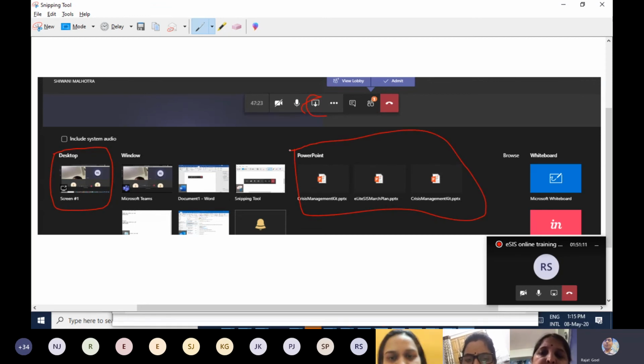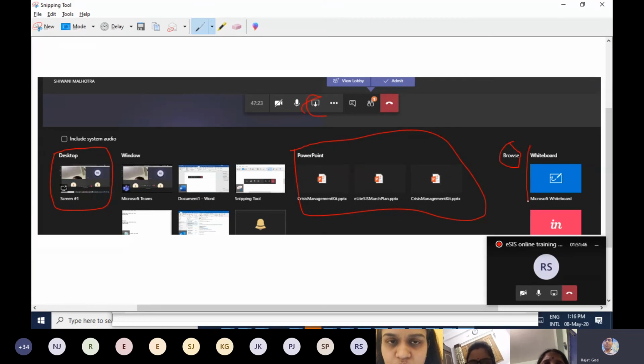If you have ever shared any PowerPoint presentation with your students in any particular class, then that particular presentation automatically arrives here in this particular section. And if you have not done it yet, if you are doing it for the very first time, then you have this browse section here, and you can click on browse and browse for that particular PowerPoint in your system. So you can select any particular PowerPoint presentation file and click it, and then it is able to be shared on your Microsoft Teams lesson.